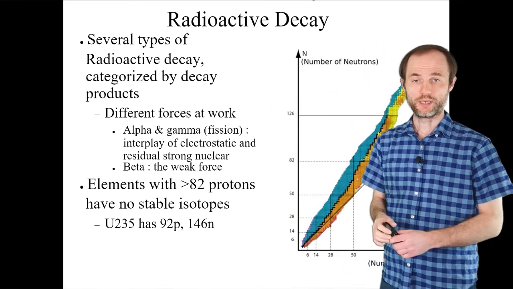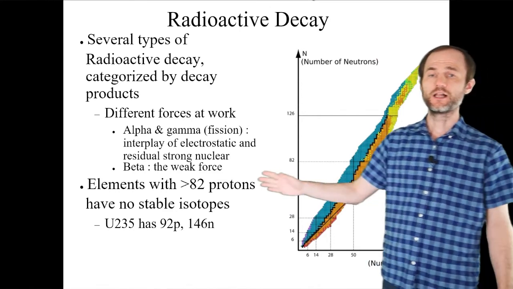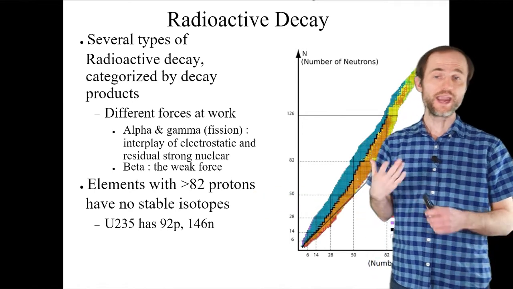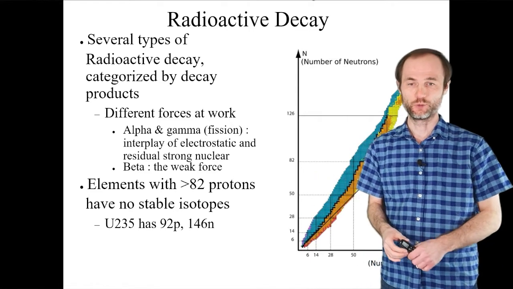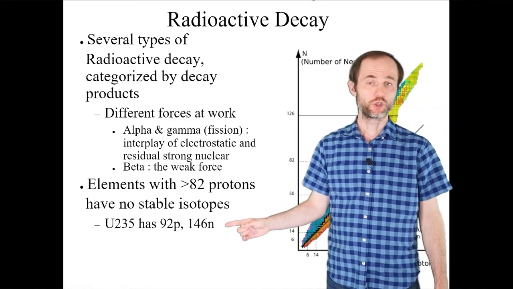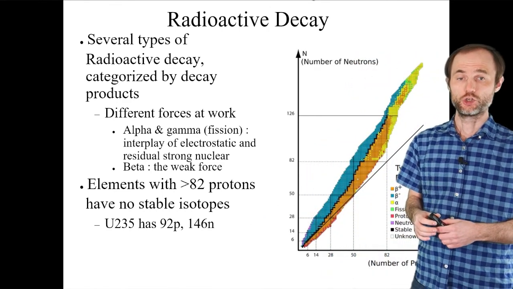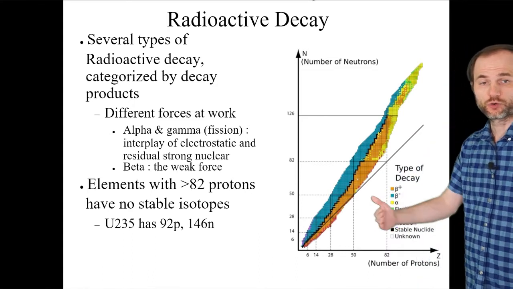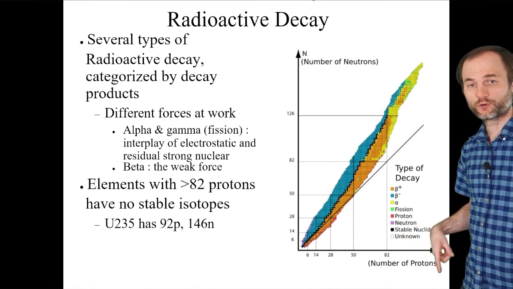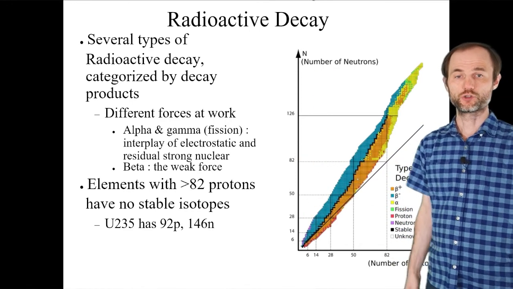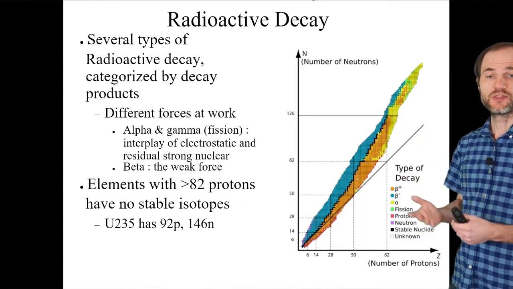I'm not going to be going into the details of this physics, but what we need to know here is that elements that contain more than 82 protons have no stable isotopes. So for instance, uranium-235 contains 92 protons and 143 neutrons. So everything to the right of this line of 82 protons, where this is the number of protons on the x-axis and the number of neutrons on the y-axis, all of these elements to the right have no stable